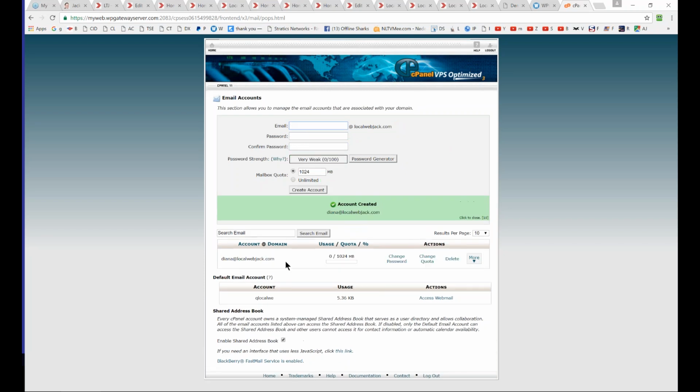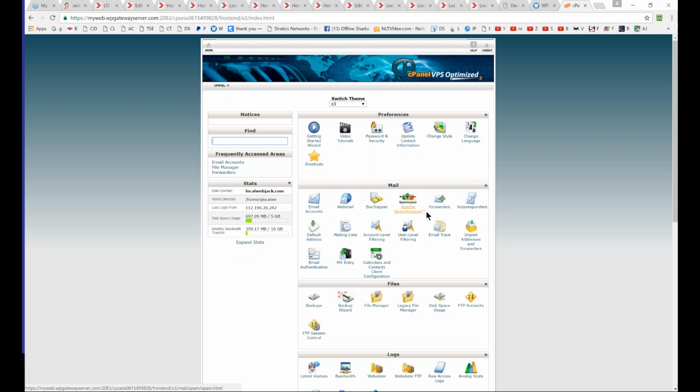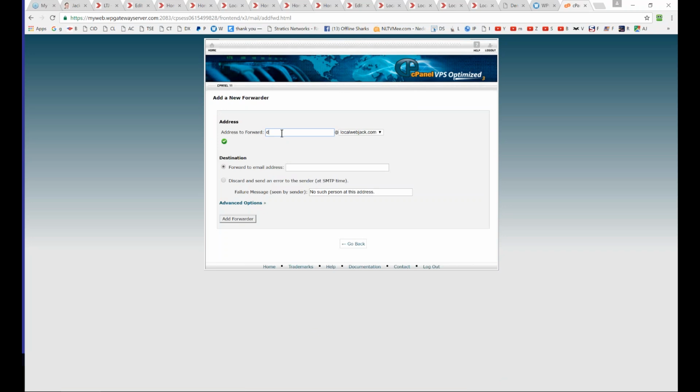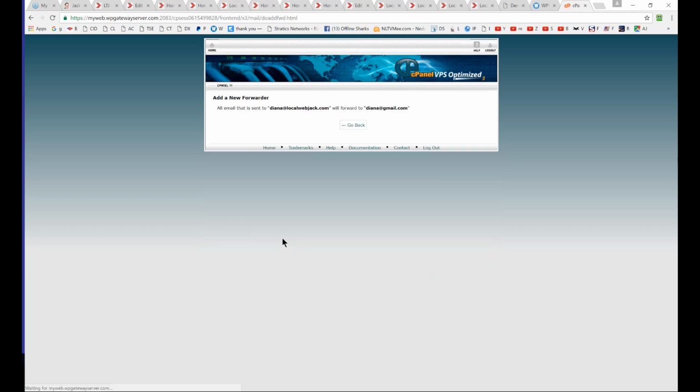Create, and now I have created a domain related email address. And you know, very easy, you can set up a forward email. So if you do forward emails, you can add a forwarder, and that's Diana, that forwards to Diana at gmail.com. So if you add this, then all the emails that get sent to Diana will get forwarded to the email account you normally use. So you don't need to log in to 10 different